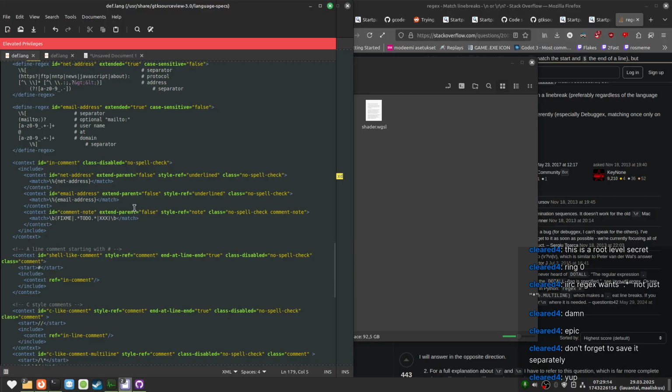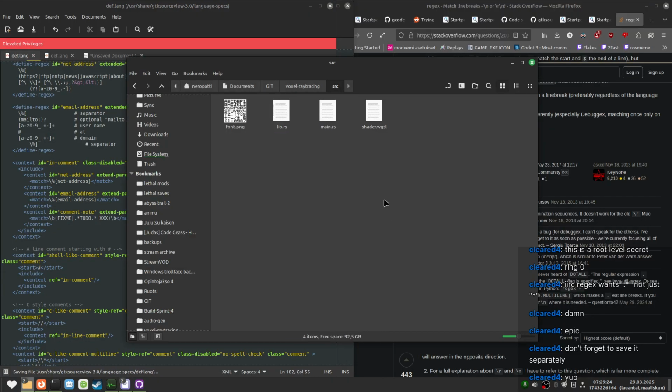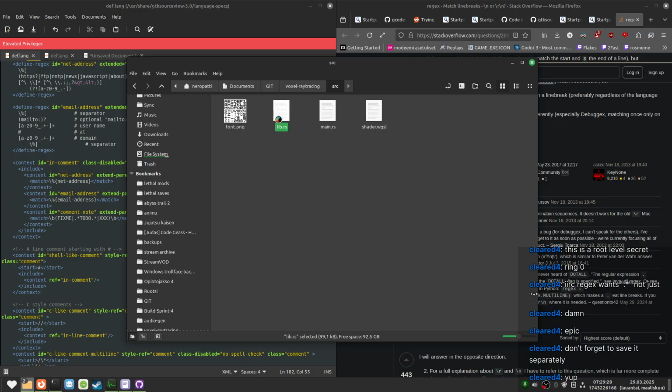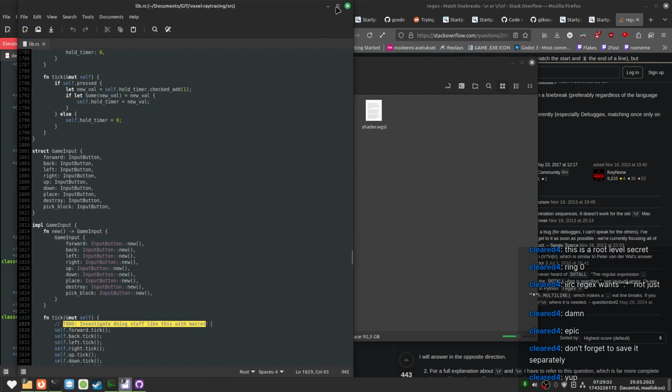If I do this, will it just highlight the entire document now? If it will, then... I have no idea what the extend parent thing means.